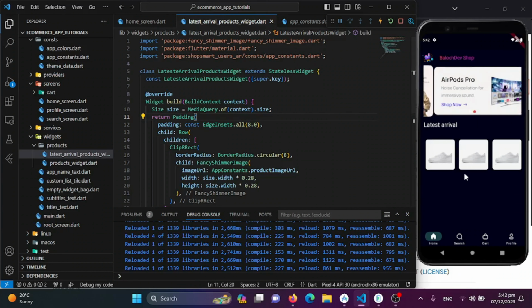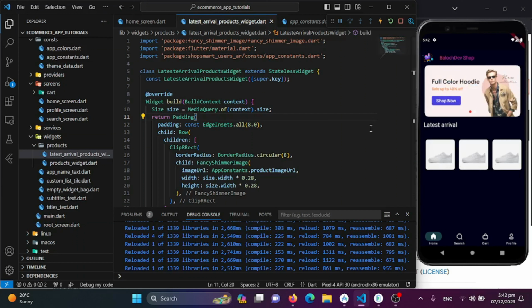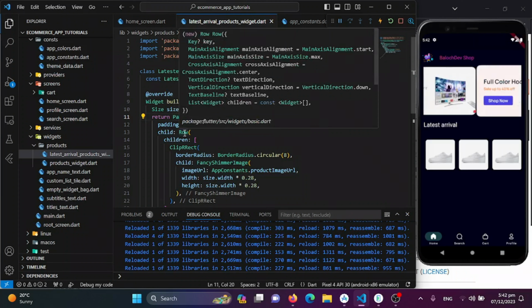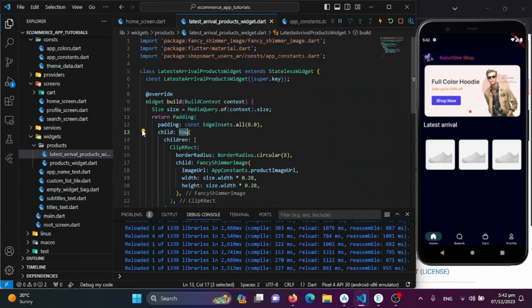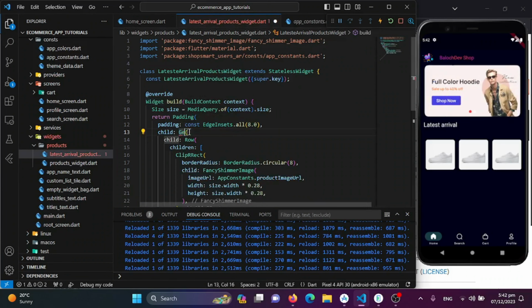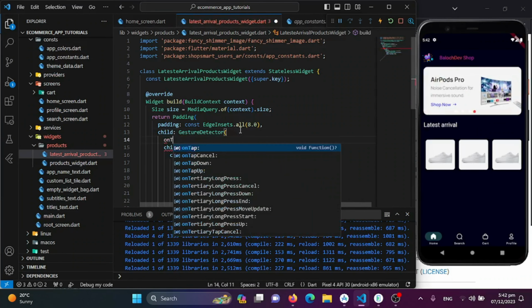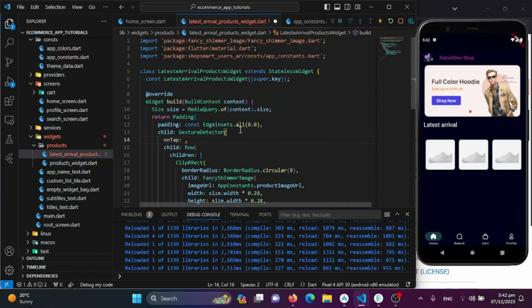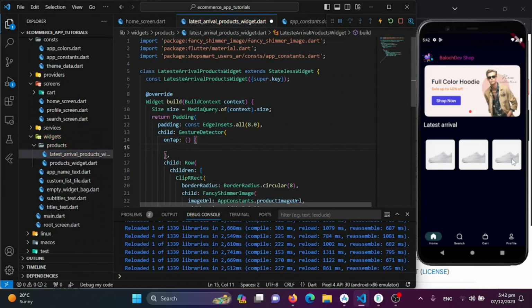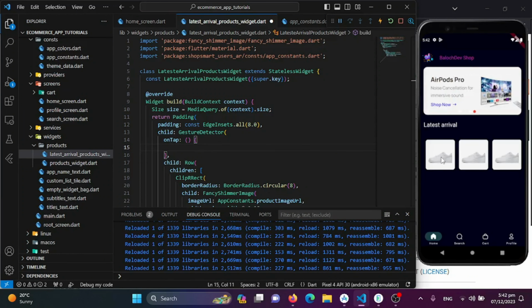Great. Now we also just need to click on each image, so it should be clickable. For that we just need to wrap this row widget with the gesture detector widget, so we will be able to get the on tap function from there. So we will be using the gesture detector, and I'll use the on tap functionality of our gesture detector, and for that we will be able to click on these images, and it will be redirecting